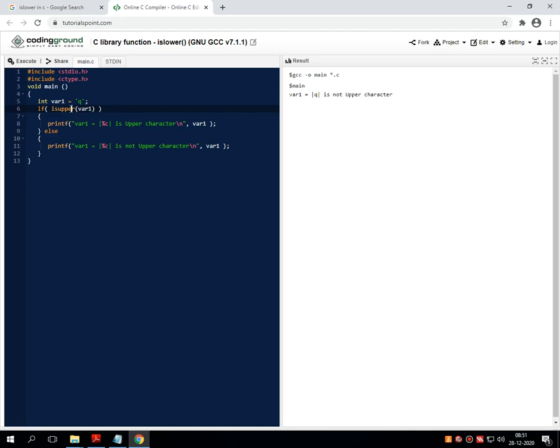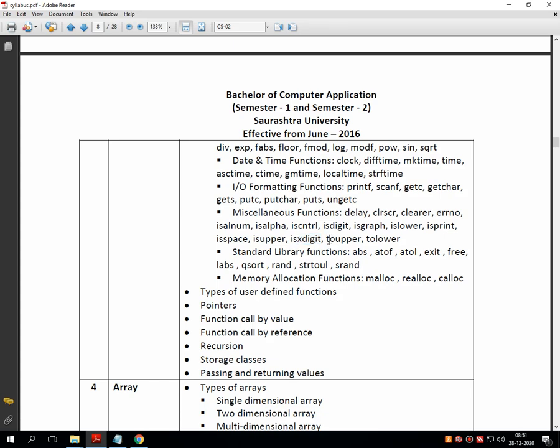That means it will check for all three varieties of information for the entered data. That means it is used to check the format or nature of the data which is entered by the user. This too is very important for university examination.